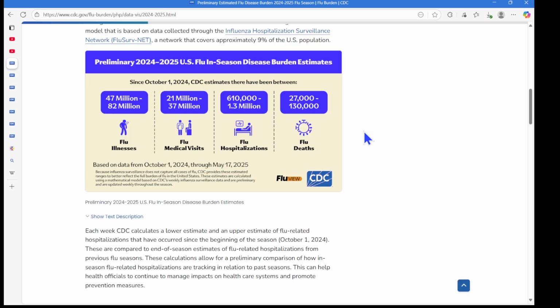For flu visits, they estimate between 21 million and 37 million based on the Influenza Hospitalization Network, or fluserve.net. Based on hospitalizations, they estimated between 610,000 Americans and 1.3 million Americans were hospitalized with the flu over this season. And then anywhere from 27,000 at the low end to 130,000 Americans died at the high end over this